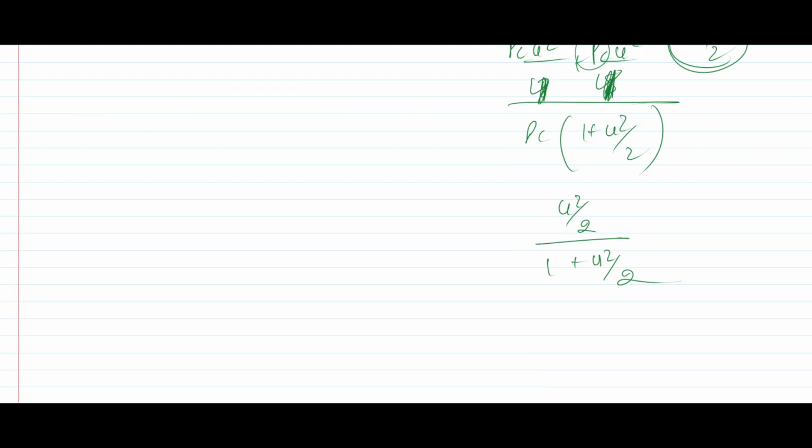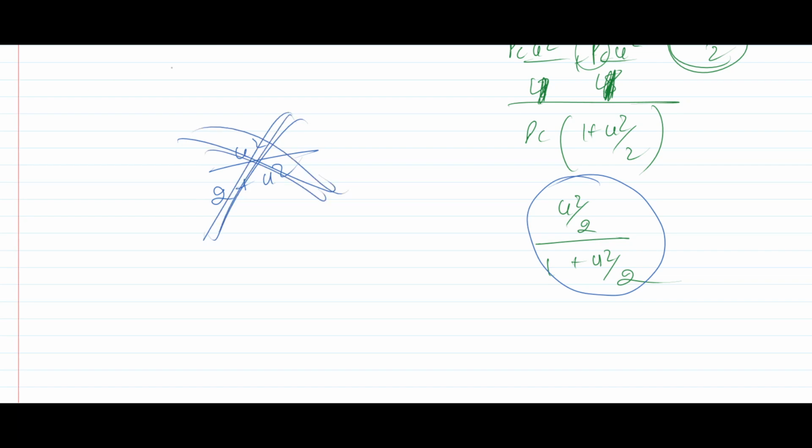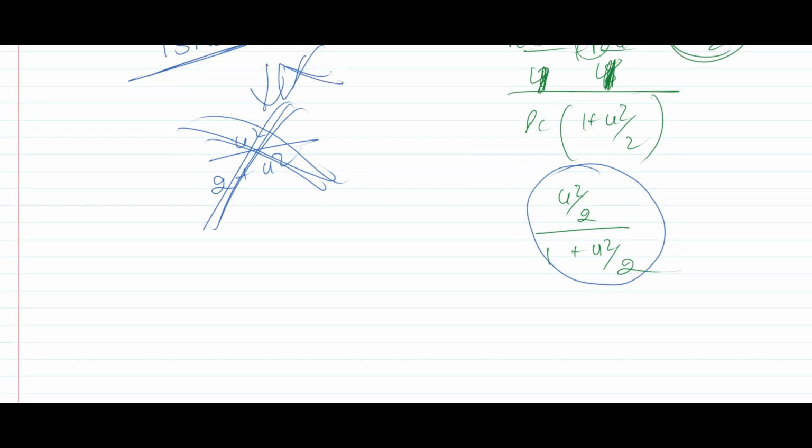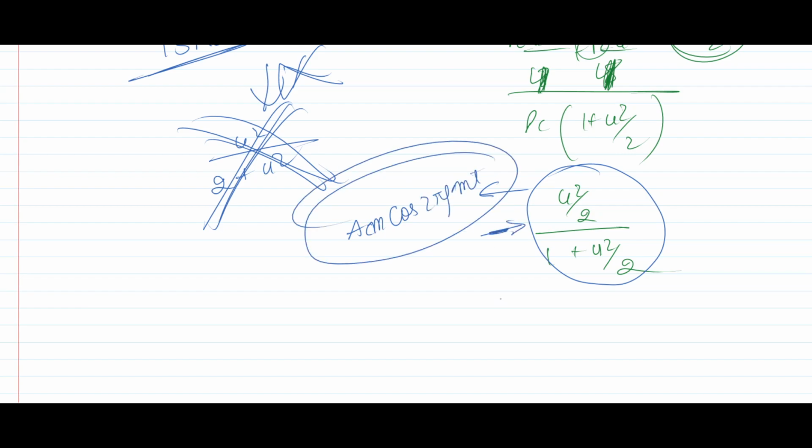One of the biggest mistakes that I made was to remember it in a different way, by taking the LCM and solving it, which gives mu square divided by 2 plus mu square. This is the worst way to remember it. If you are solving ISRO questions, you will see that none of your answers would come from this, because this is only valid for a message signal that is sinusoidal, cos 2 pi fm t. If you have a square signal or a triangular signal, this one is not valid.